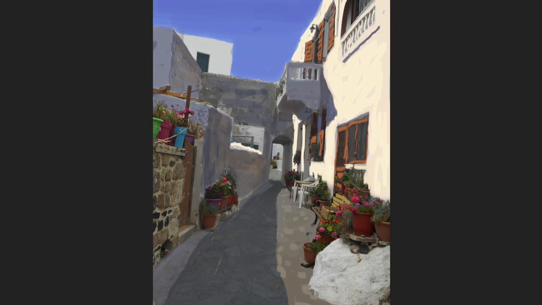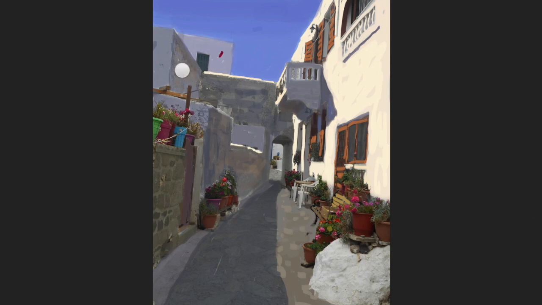Then I get some of these other darks in here on these buildings. Everything's going to be sunlit as far as the buildings go, except for the right side here that's being hit by the sunlight. So again, I'm putting in more of those, the sides of the buildings and the front of the buildings. It's all in shadow because nothing is being hit by the sunlight there. Okay, I'm continuing on, putting this in shadow. And these buildings,